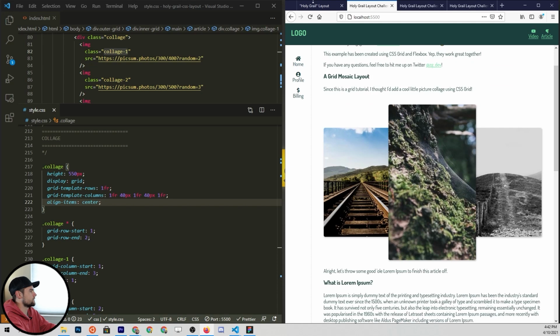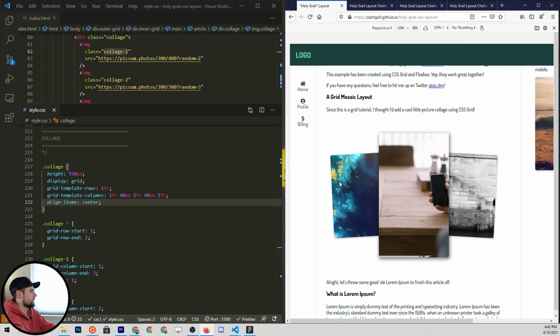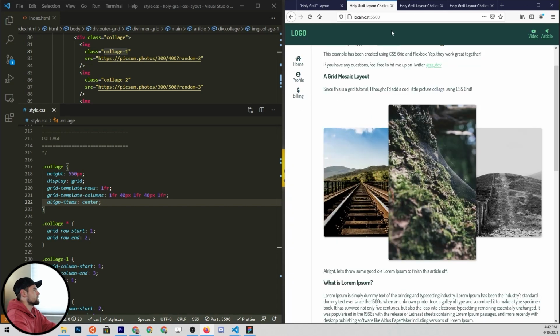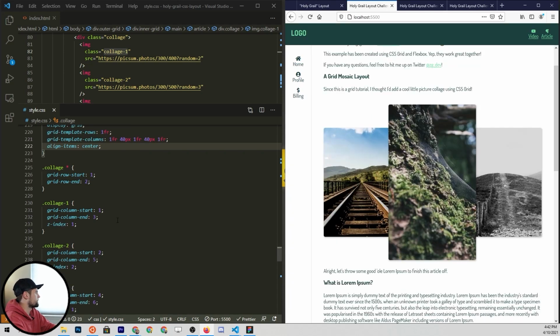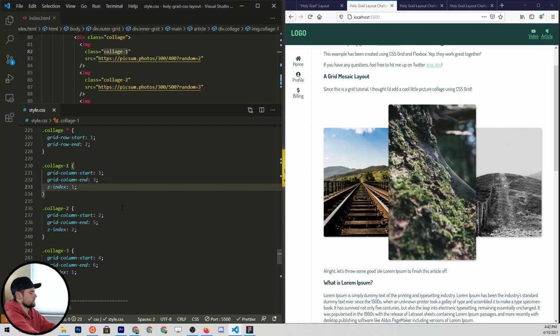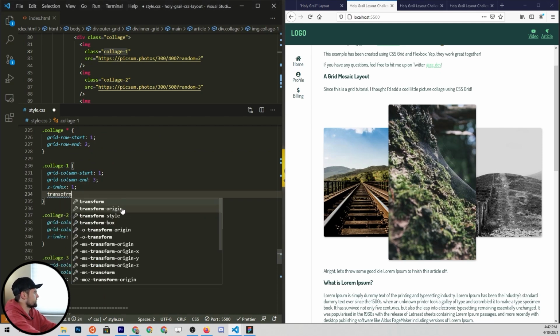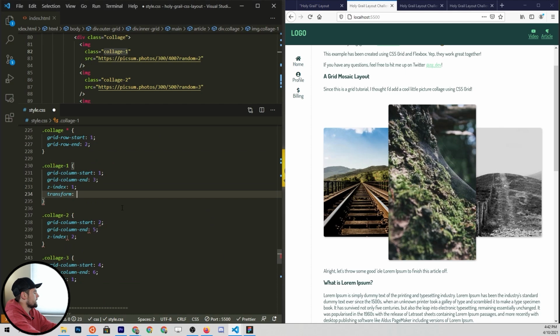And the last thing we need to do is get those two on the left and right to kind of tilt themselves outward. And this is actually easier than you might think. All you do is come down to the first item and you say transform, and you can pass many different functions to this, but one of them is rotate. And we can say, I think what I did here was 3 degrees, so -3 degrees, so we'll rotate it